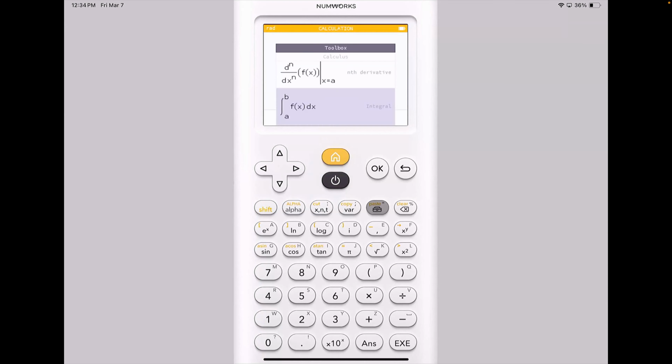So we need to go toolbox, down to integral. Oops, skipped it right there. Integral from 0 to 6 for R of t. Now the calculator doesn't know what R of t is, so I can't say R of t. I have to actually put in what R of t is. Okay? So R of t is 2